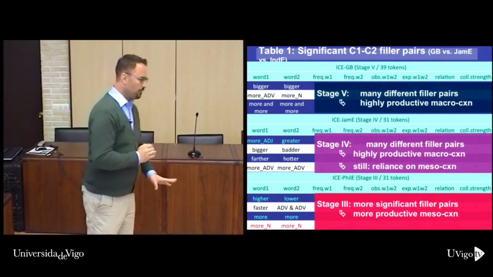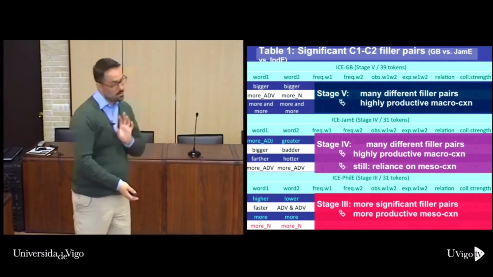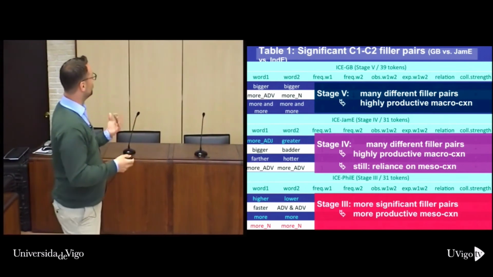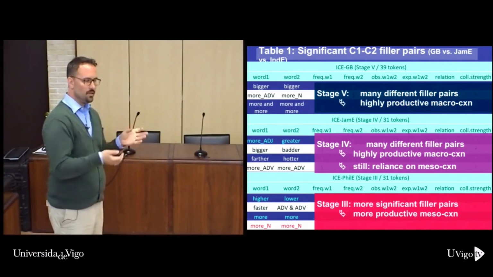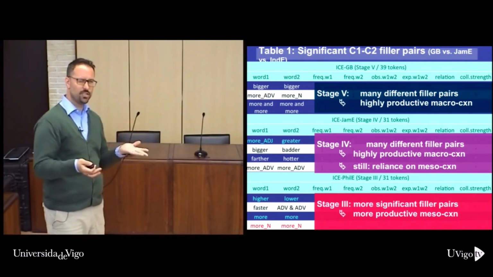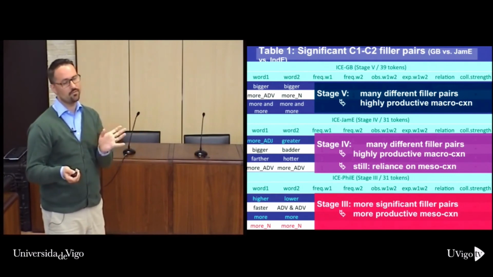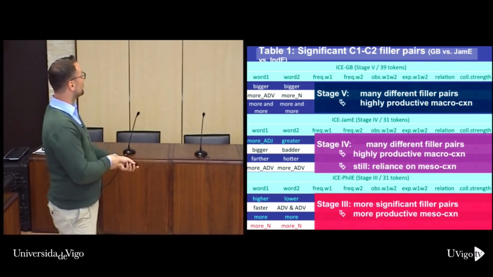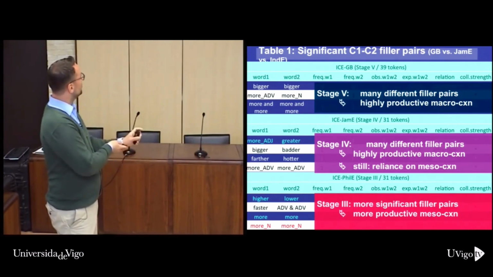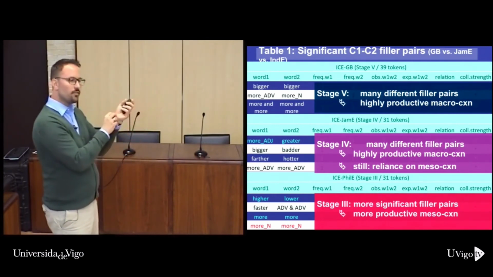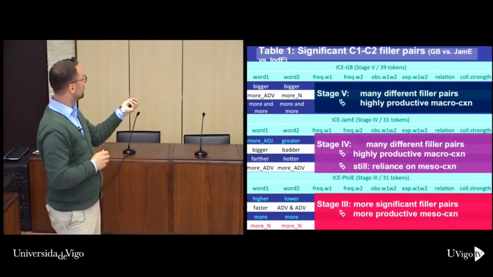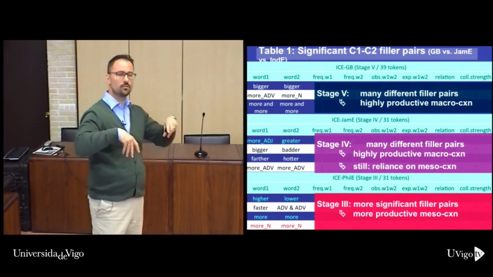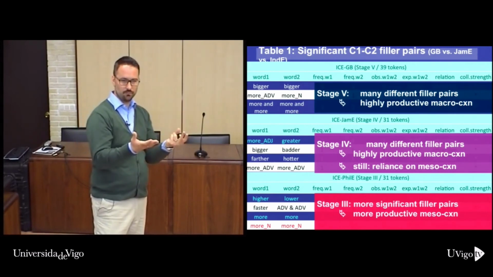So, this is just a rough first guide, and as I said, it's a hunch, and we need much more analysis on that. And perhaps comparative correlatives, because these were already pretty stabilized by the time all of these varieties were formed. They're not the best test case, but they were the ones I had at my disposal. You can see that British English, a stage 5 variety, has many different filler pairs, many different lexicalizations, and that seems to rely more on a macro construction.